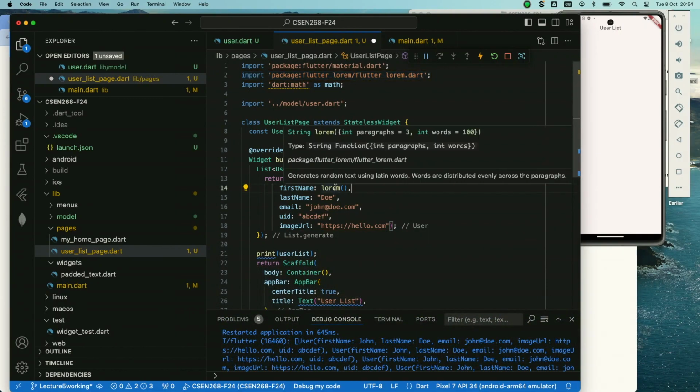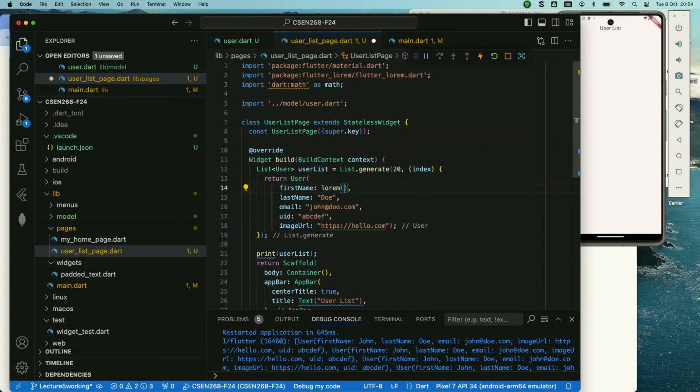But lorem takes two things, paragraphs and words, and we just want paragraphs 1, words 1. Similarly for the last name, we want the same thing. And for the